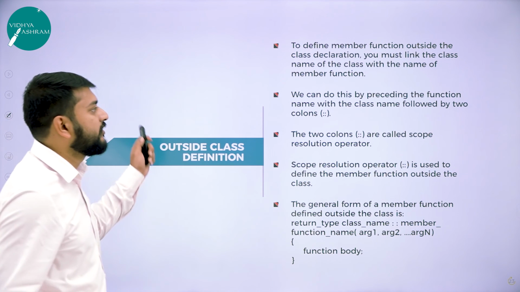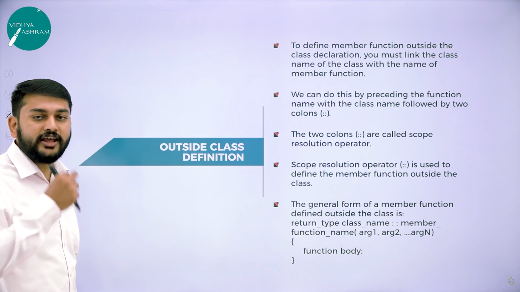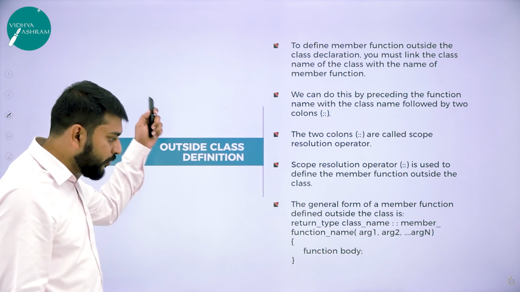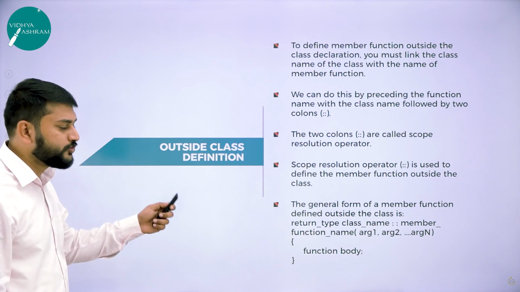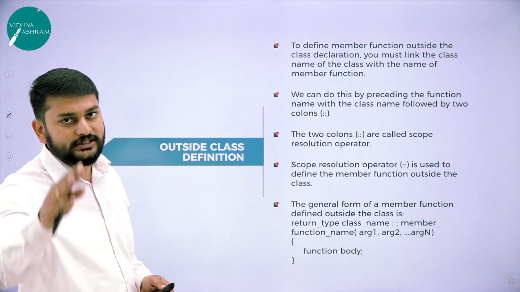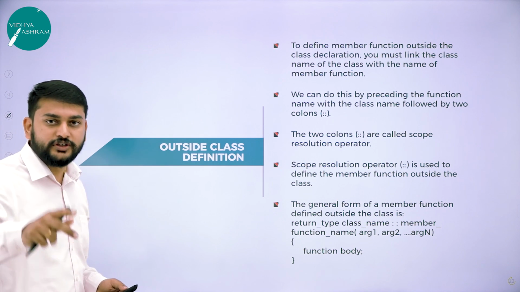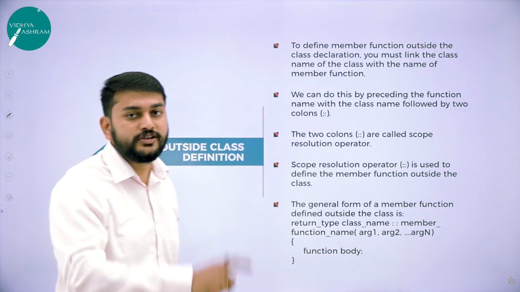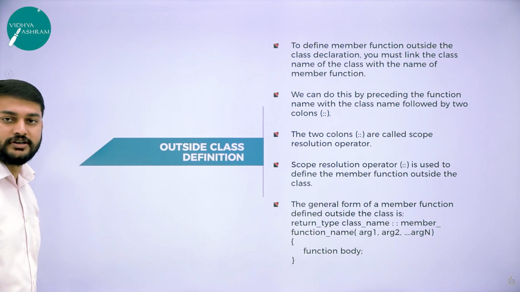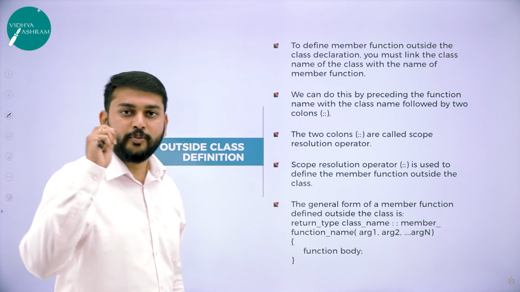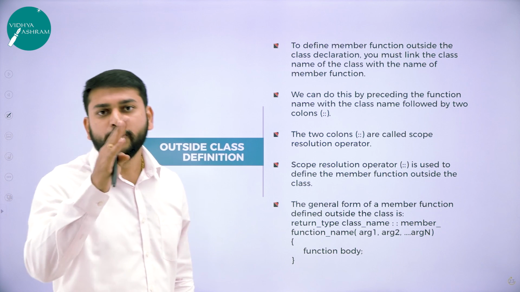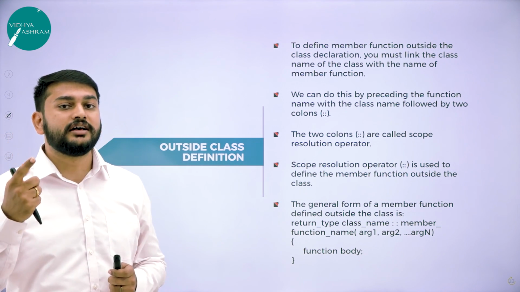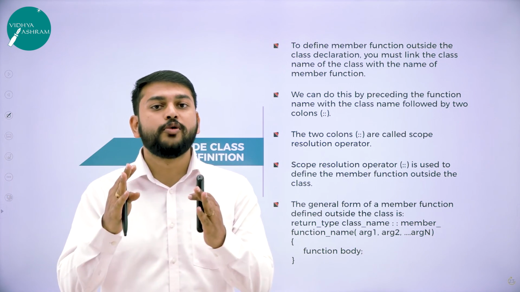My dear students, let's have a quick recap of the points with respect to the member function outside the class. It's very, very important that you go through all these points which we have already discussed. One is the link that you have to give, and the second one is that it's very important to use the scope resolution operator to define a member function outside the class, and they have given the general syntax to create the member function outside the class. Hope you have understood how to create the member functions inside the class and how to create the member functions outside the class.